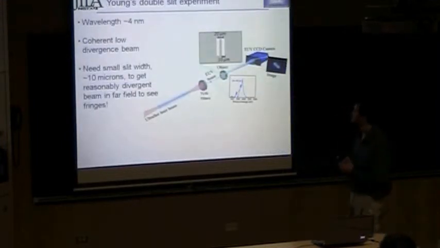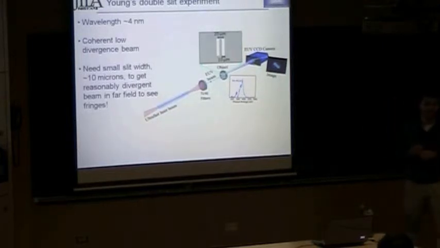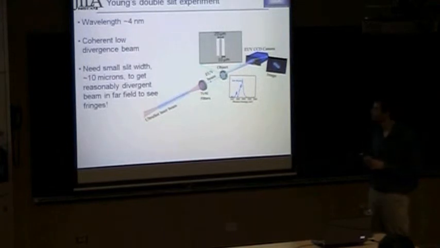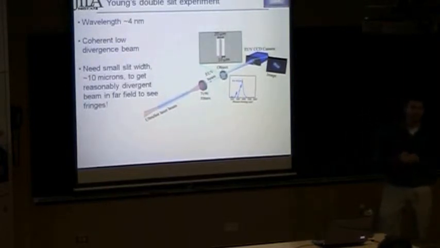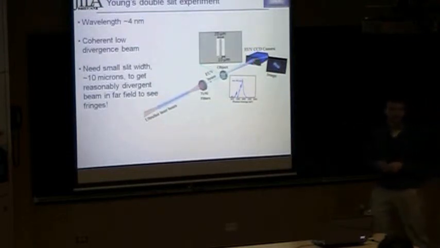certainly not easy. And so remember, like I said, this is a 10 hertz laser source. Most of the work we do in the group for the applications experiments are done on a kilohertz, where you've got 100 times improvement in flux just due to the rep rate. We're using central wavelength around 4 nanometers. So you need very small features in your sample to get enough diffraction to actually get into the far field where you see interference, some reasonable distance away from your sample.